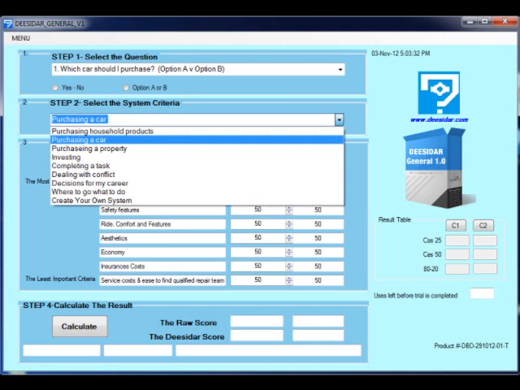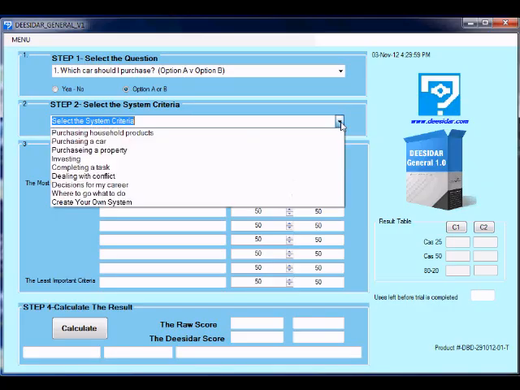It should be placed in order of importance. The most important at the top and the least important at the bottom. This is called the criteria ladder. DEESIDAR provides a number of template criteria that automatically populate the list of criteria. As you can see here, when I click on the criteria